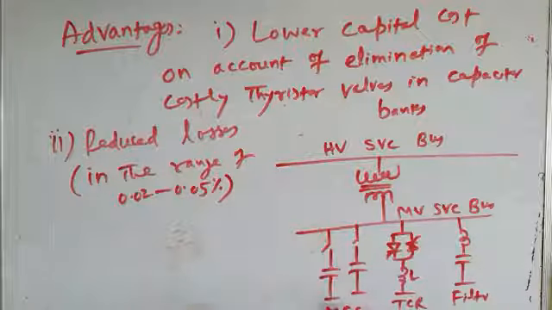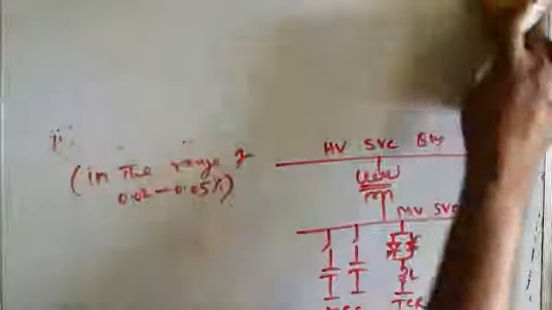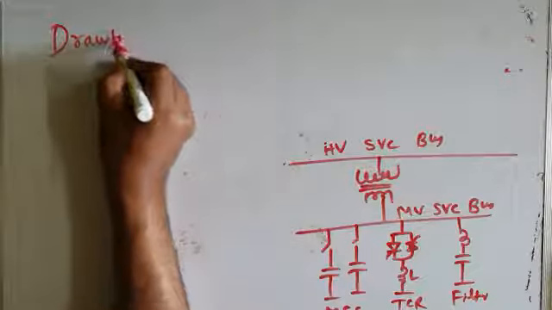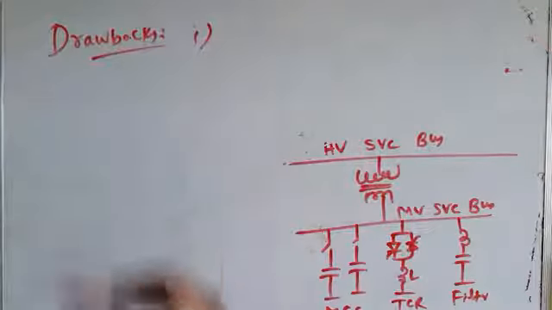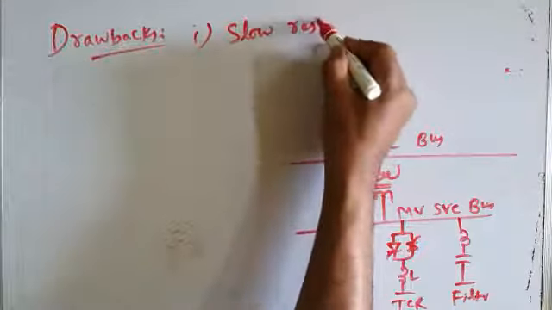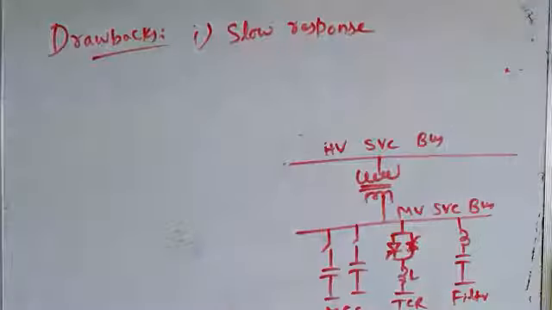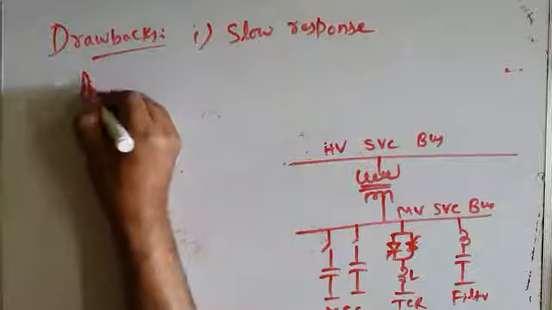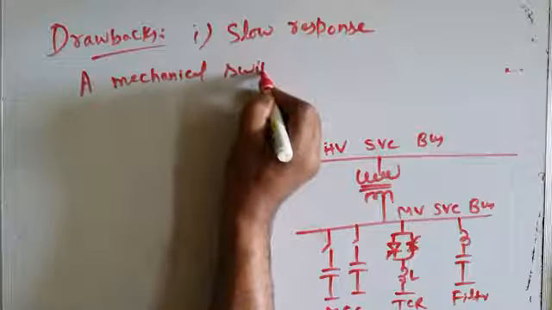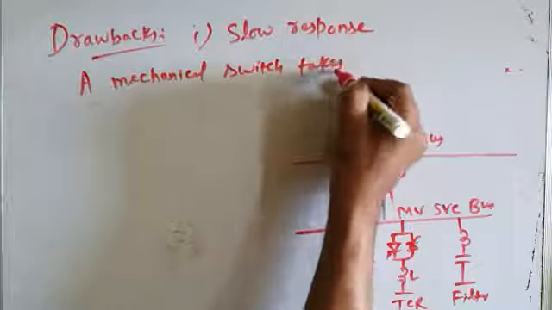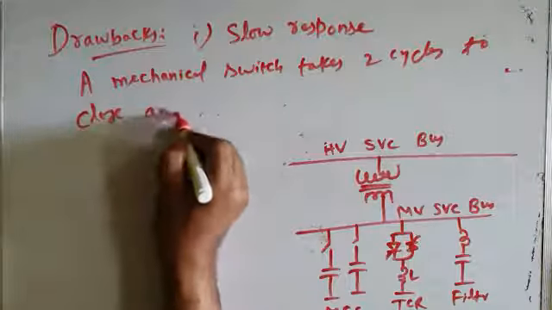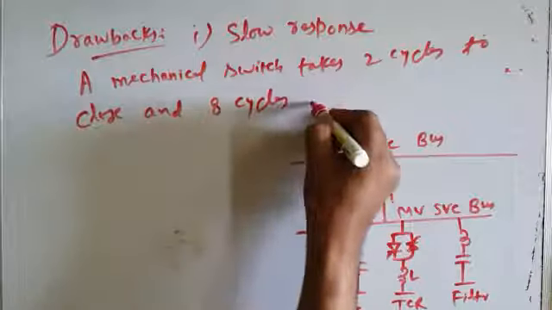However, this type of SVC suffers from some serious drawbacks. Let us try to identify the drawbacks of this type of SVC. Main drawbacks. First drawback is that this type of SVC gives slow response. It is slow in response, or it has a sluggish response. Okay, I will write here: a mechanical switch takes 2 cycles to close and 8 cycles to open,